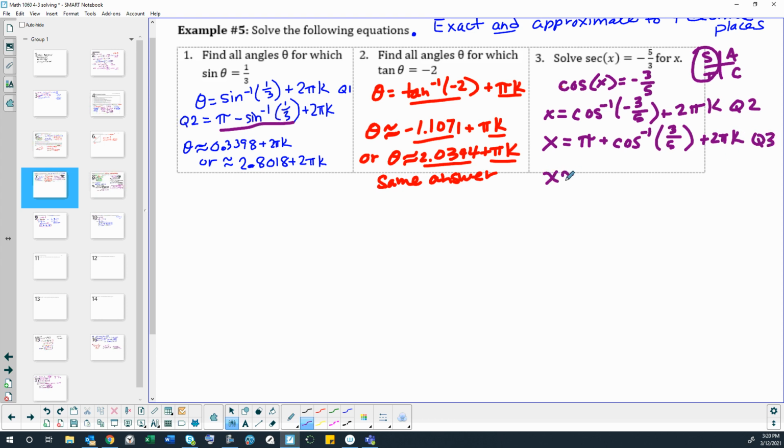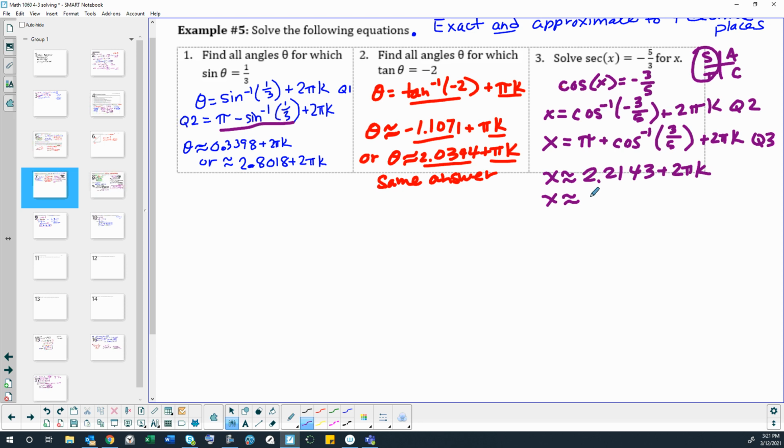So now if we want approximate answers, we can plug that in, so we get the inverse cosine of negative 3/5. And that would be, I did something wrong. There, I got it. So that would be 2.2143, round the 9 rounds the 2 up to a 3, plus 2 pi k for quadrant 2. And then for quadrant 3, we could just do pi minus that reference angle, right? So we're just going to do that. So pi